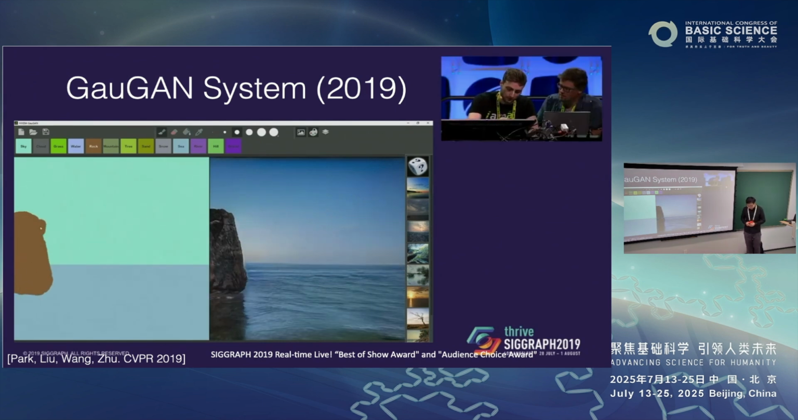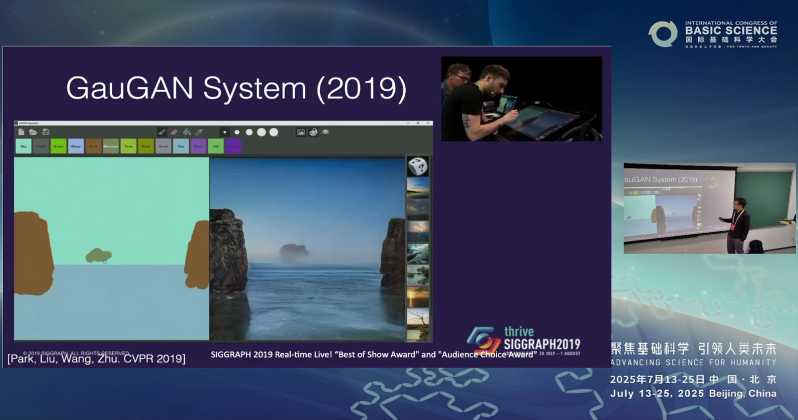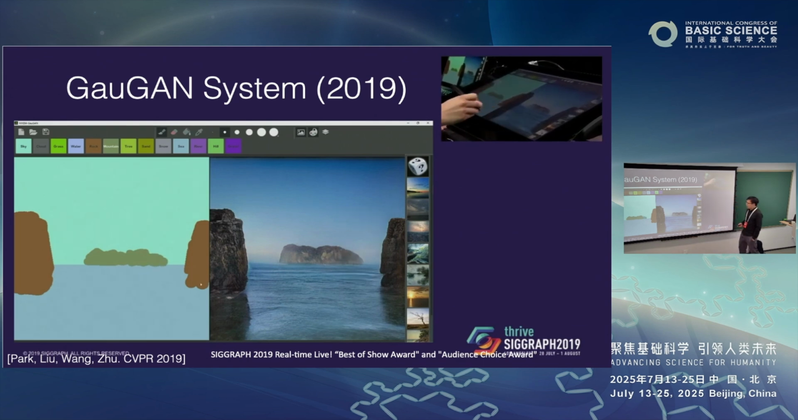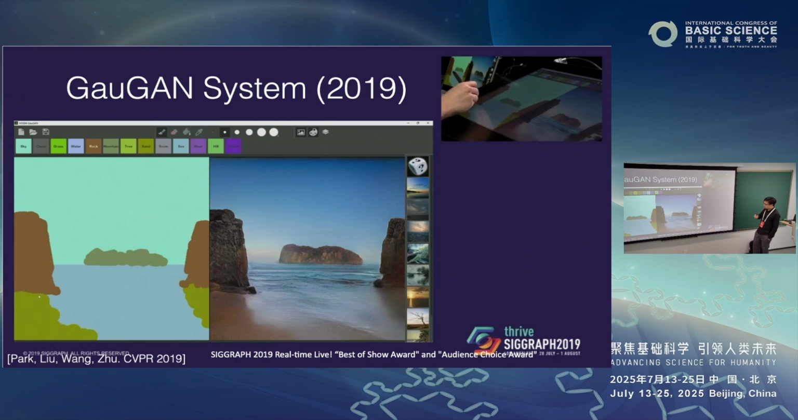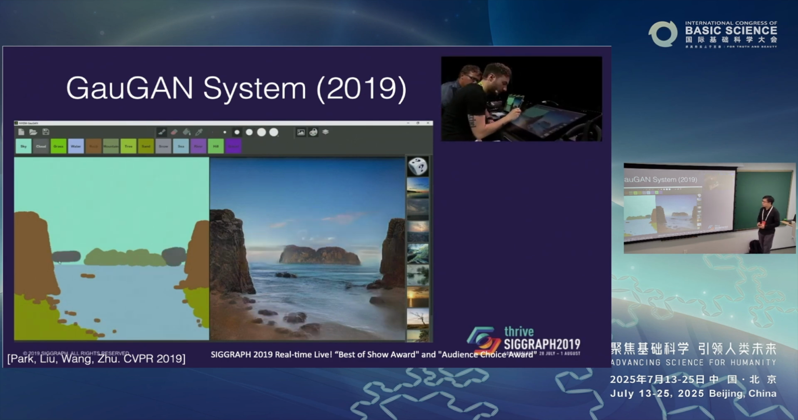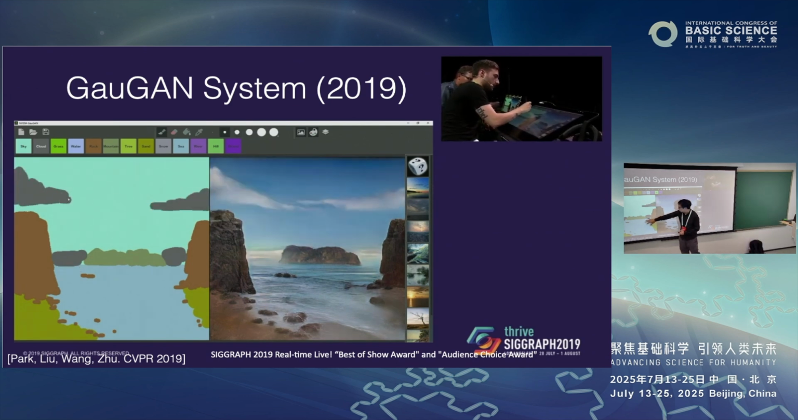In 2019, we collaborated with NVIDIA, and we tried to generalize to more categories, going from one category like cat to 20 categories. We did a demo at SIGGRAPH Real-Time Live. It's a real-time demo in front of thousands of people. And this is actually the first time a deep learning system won the SIGGRAPH Real-Time Live demo award. Okay, and you can generate mountains, oceans,